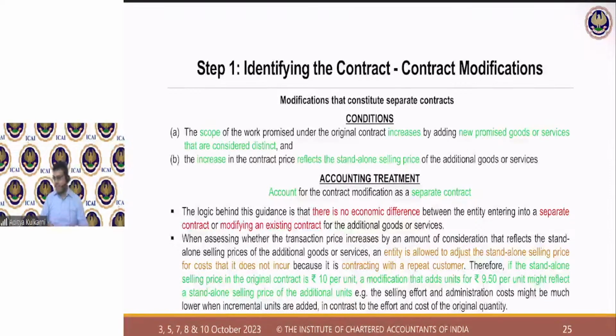So we have discussed that. And now we come back to where we actually had dropped off. We were discussing contract modifications. Okay. So what do we mean by contract modifications? That is what we are now going to see. So now, what do you understand by the term contract modification? There could be two cases.